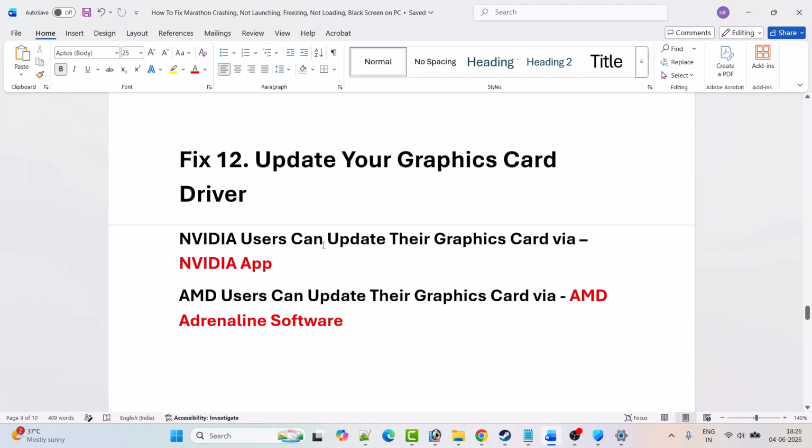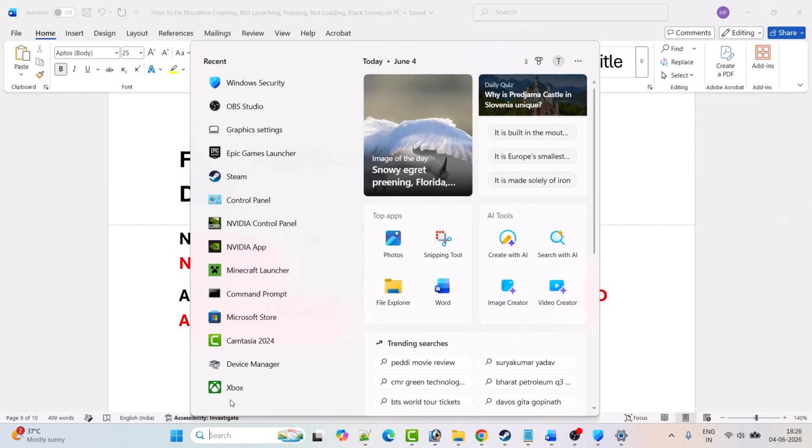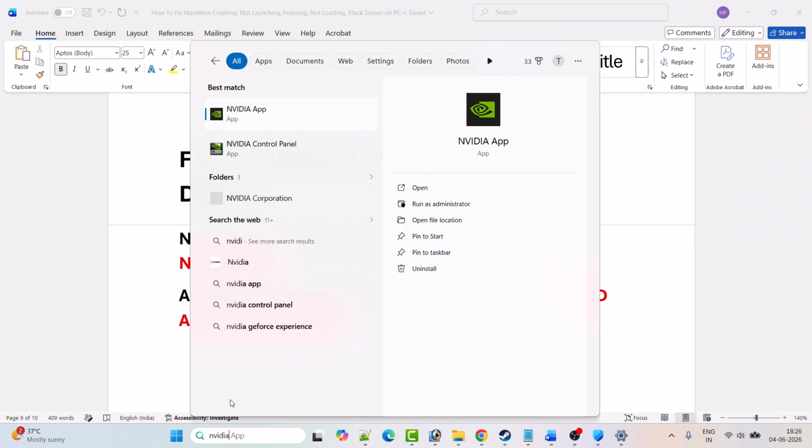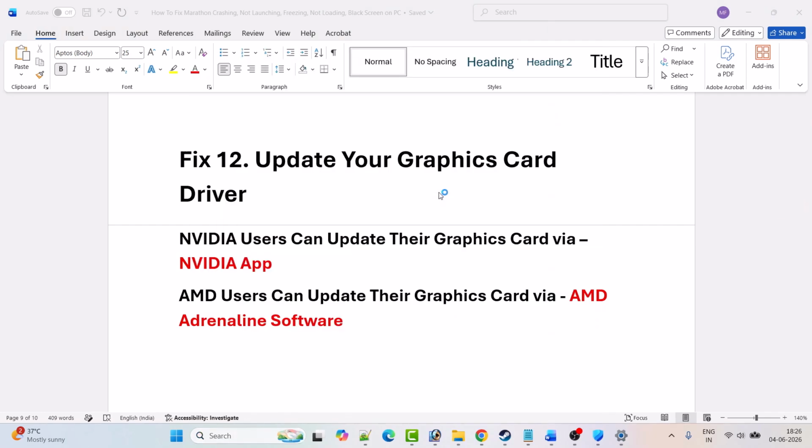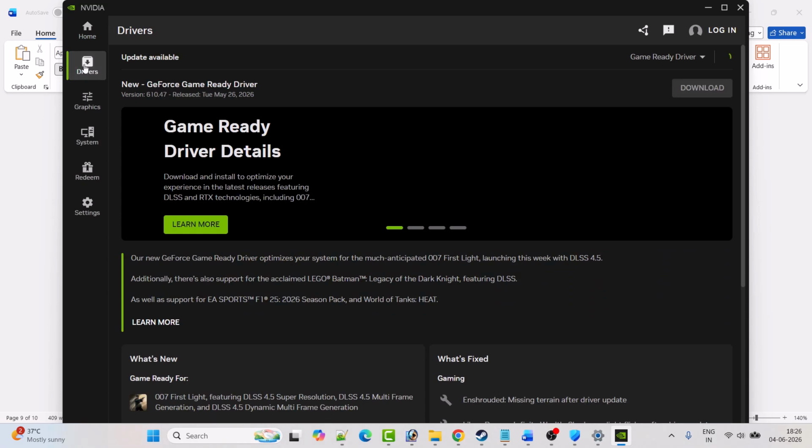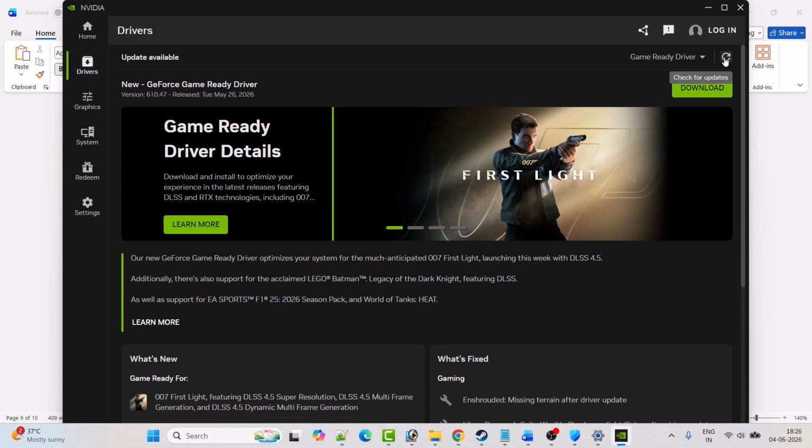Now NVIDIA users can update their graphics card driver via NVIDIA app, and AMD users can update their graphic card driver via AMD Adrenalin software. So if you have NVIDIA graphic card driver, open NVIDIA app. So in Windows search type NVIDIA app and open it. Then go to drivers tab and here you will see check for updates icon. So click on check for updates icon,